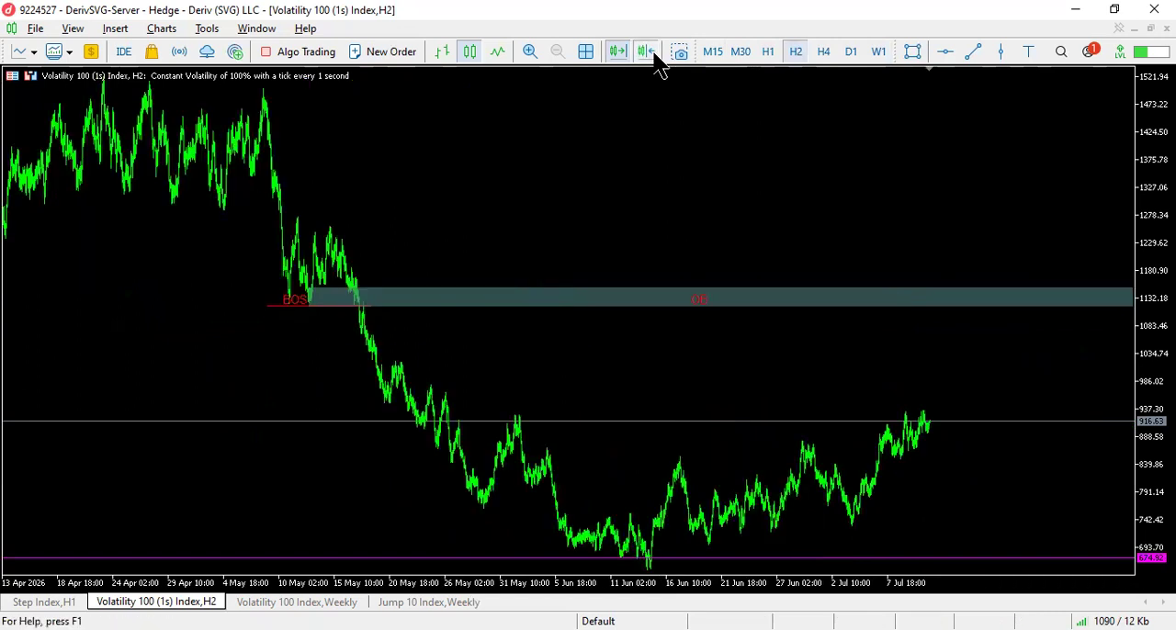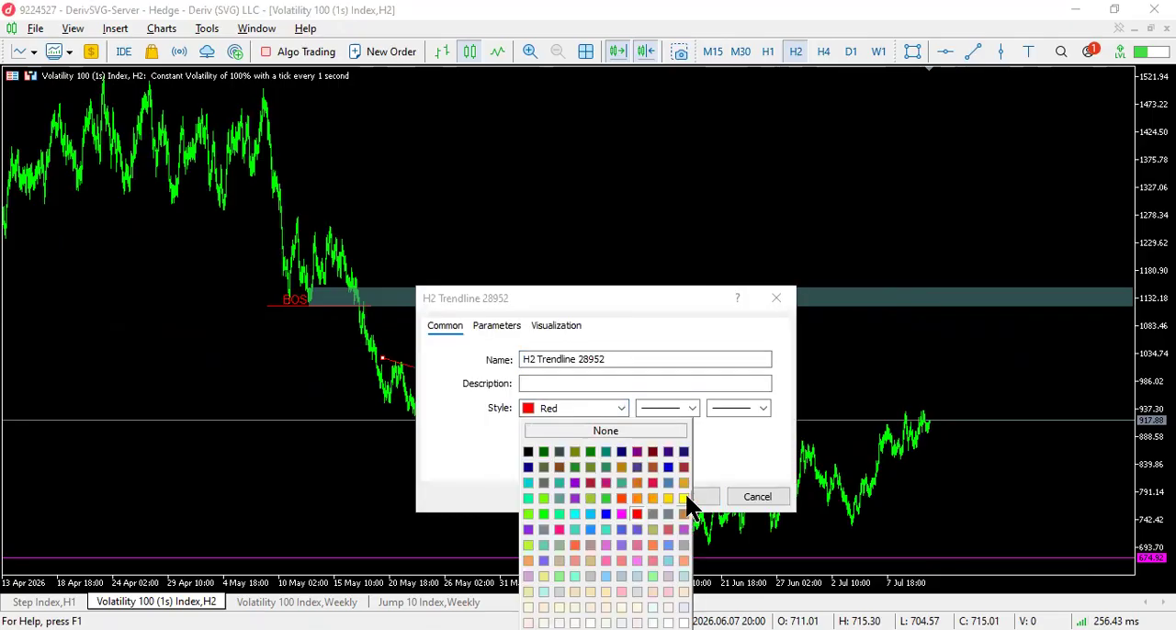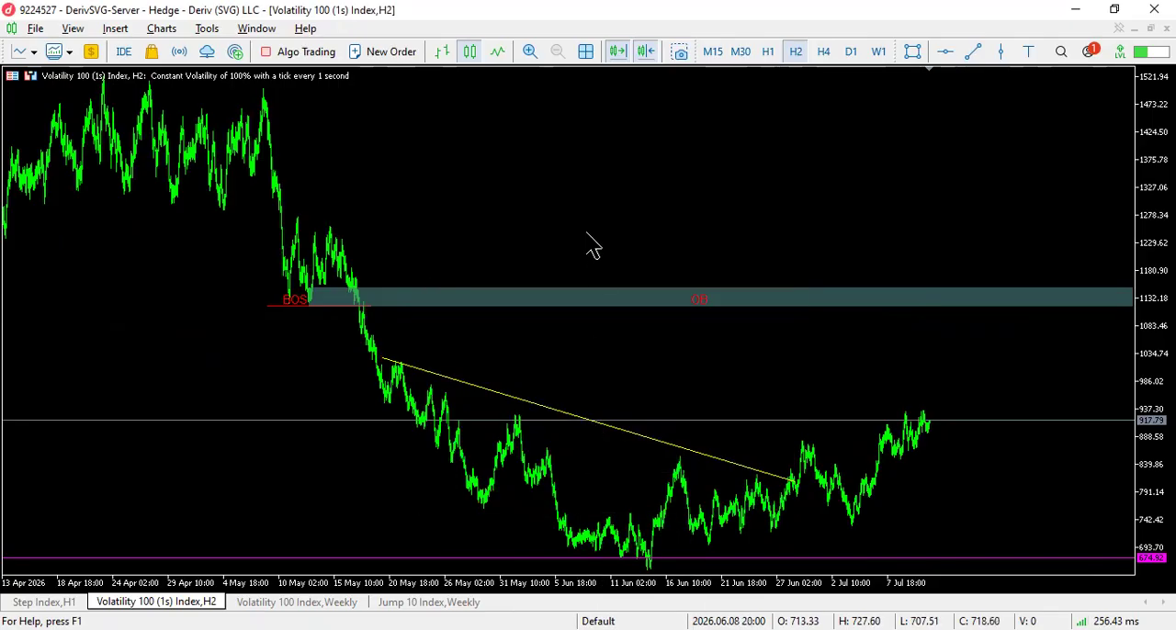I'm going to place my coordinates. So I see this trend line liquidity that price has to clear to go and take me in. So my coordinates for the sell limit,